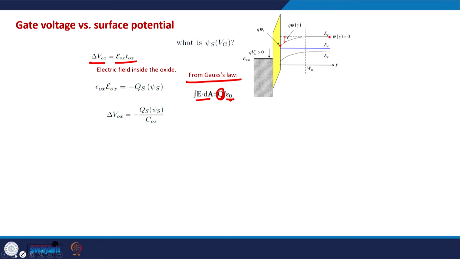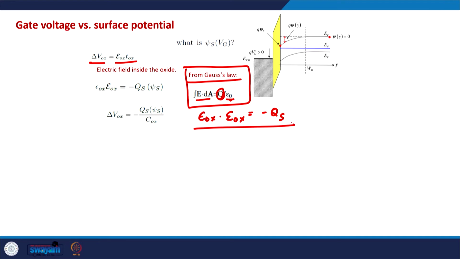So with this, what we can say is that epsilon ox times the electric field in the oxide is minus Qs, where Qs is the charge in the semiconductor, because most of the charge in the semiconductor, we assume, drops very close to the interface, and by using Gauss's law we can write this down. We are assuming that there is no interface charge in the semiconductor, so that's why this is what we can write down. This Qs is the charge per unit area, and it depends on the surface potential as well. So E ox is essentially minus Qs divided by epsilon ox, where epsilon ox is the dielectric constant or the permittivity of the oxide, and that's why the voltage drop in the oxide, which is essentially E ox times T ox,